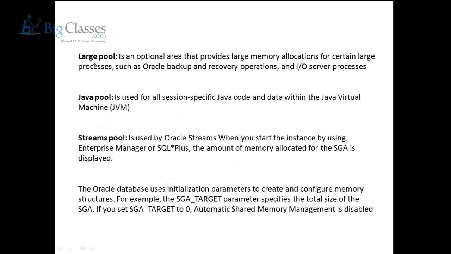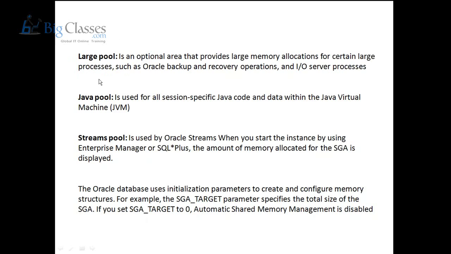Okay. Then you have the large pool. Now a normal user operation will not require too much memory. A small amount is enough. But there are certain operations which deal with a large amount of data. For example, when you're taking a backup of your database, the entire data in your database is accessed, right? You need to copy all the data. So that kind of operation requires more memory to execute, and your shared pool will not be enough. So you have something called the large pool, which will provide that extra boost of memory that is required. So generally a DBA will connect and use memory from the large pool area, whereas for a normal user, the shared pool area